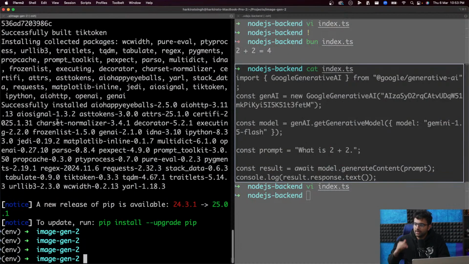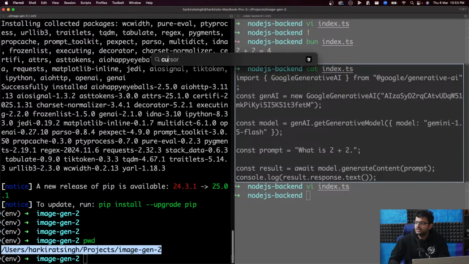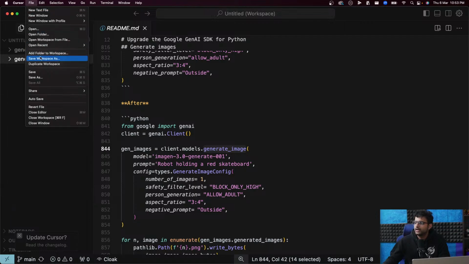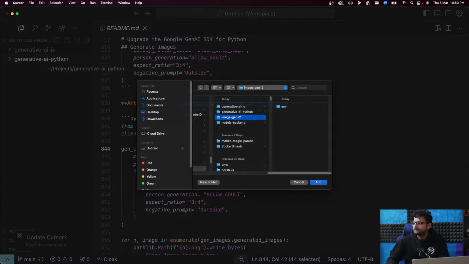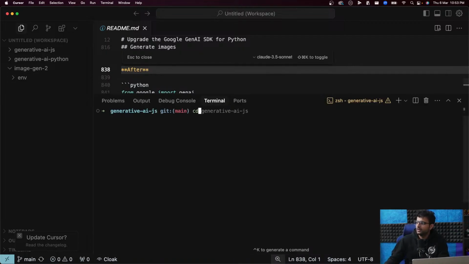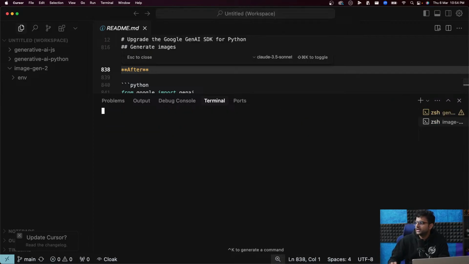What I did in my window over here is I initialized a fresh Python project. File, add folder to workspace, image gen2. And here I did something you don't have to do, but it's a good thing to do: create a virtual environment. How did I create it? Let me create a new terminal here for image gen2.